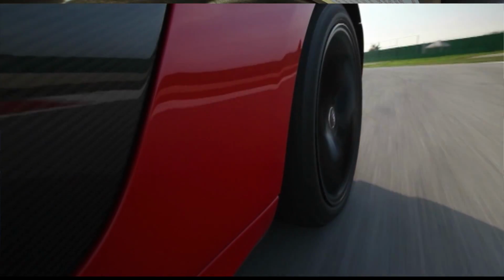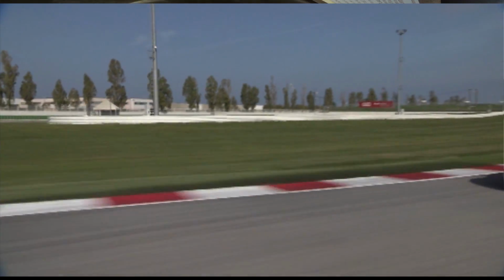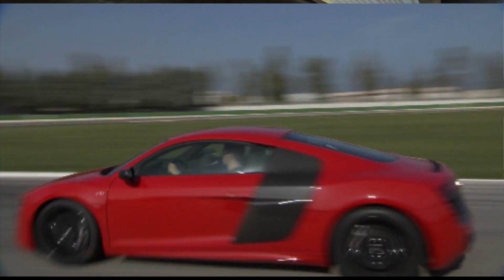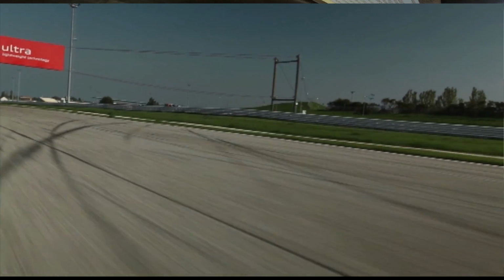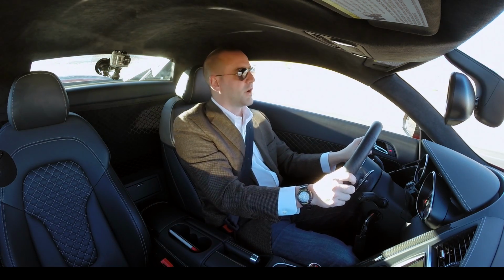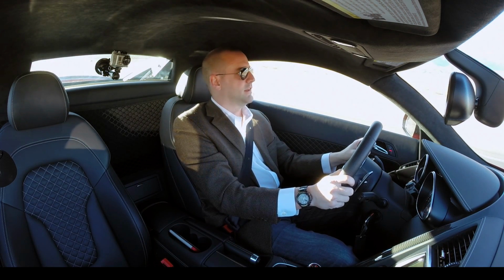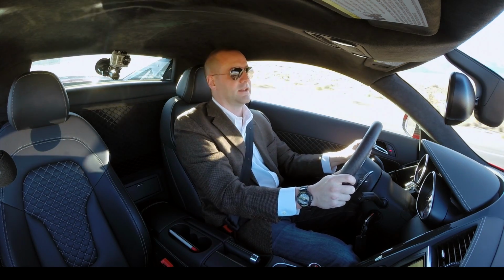It's got fixed spring rates, so it is a bit stiffer than normal, but I tell you, it is nowhere near jarring or tiring on long drives. You could really take a road trip in this car and not feel punished at the end of it. The seats are super comfortable. Like I said, the driving position's excellent. I find myself getting instantly comfortable from a seating and steering wheel,